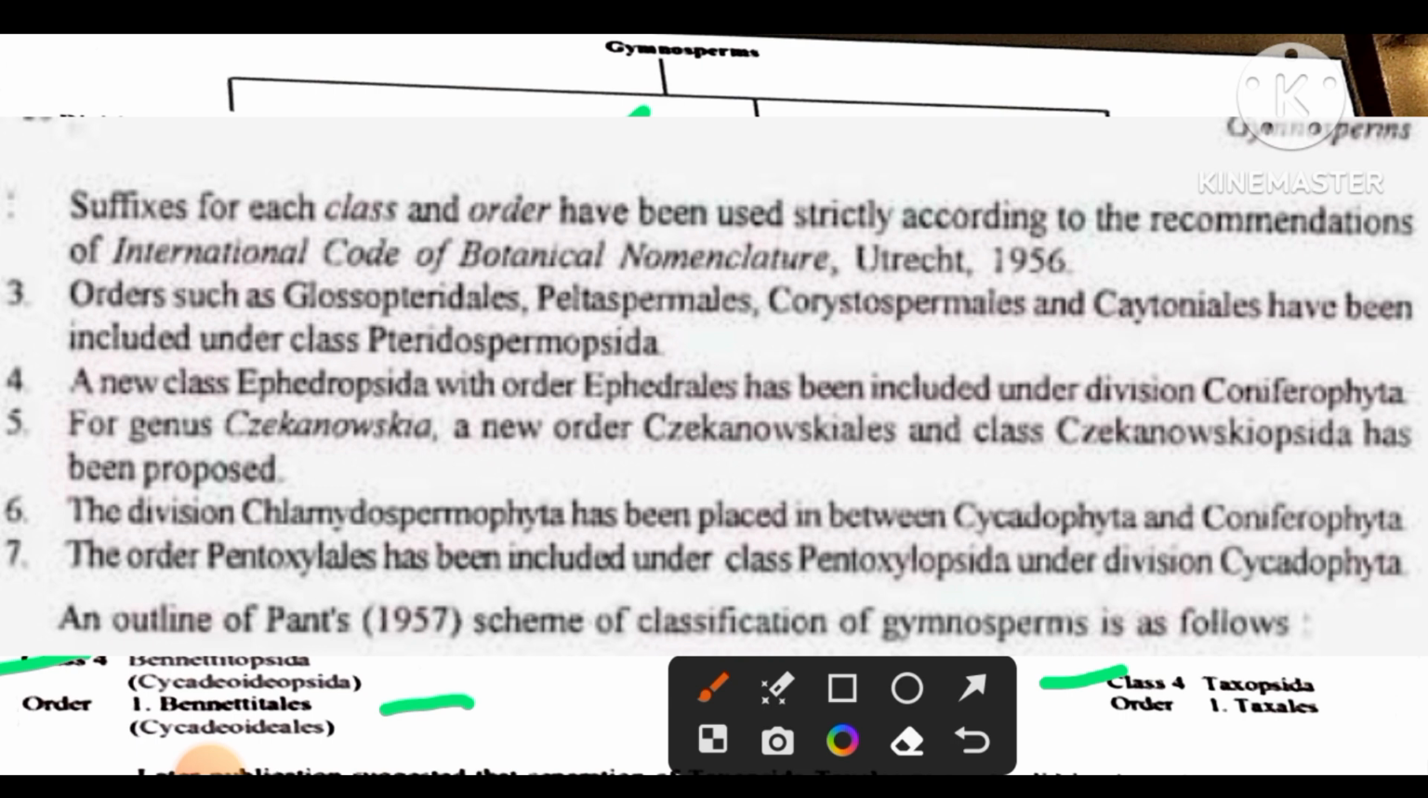from the Chlamydospermophyta and formed a new class, that is the Ephedropsida. Then the fifth importance is that a new class, the Zygoischiopsida, with a single order Zygoischiales, was included, comprising Zygoischia